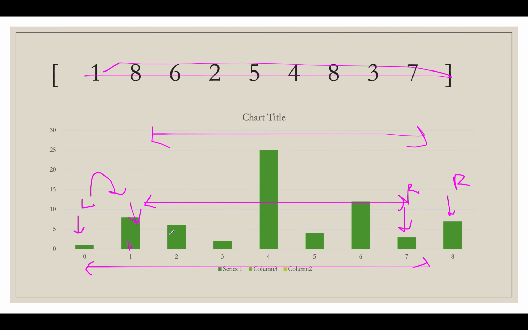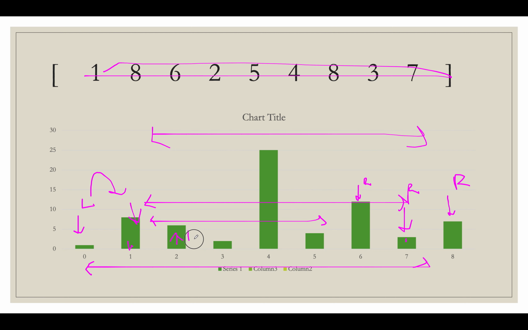And this time the right height is lower than the left height, so you'll move the right pointer backwards. Right pointer gets here, and you'll again recalculate the area. And here the left height is lower than the right height, so we'll increment the left pointer. While we are doing this, we are always moving towards the height which is greater in nature.